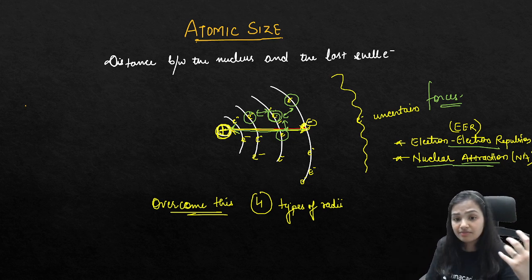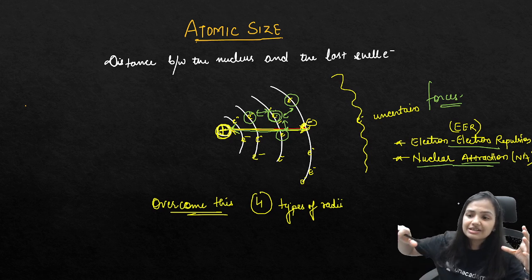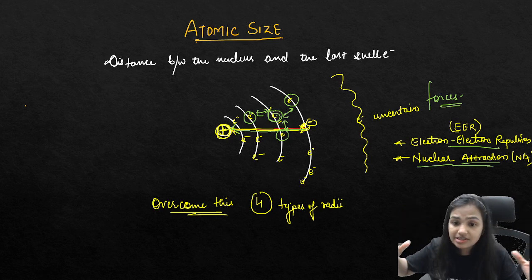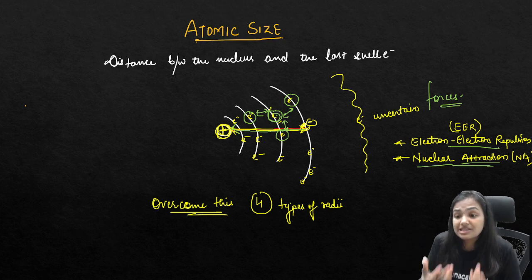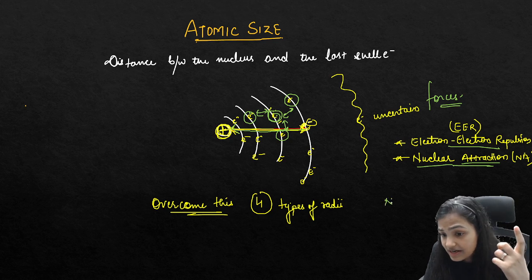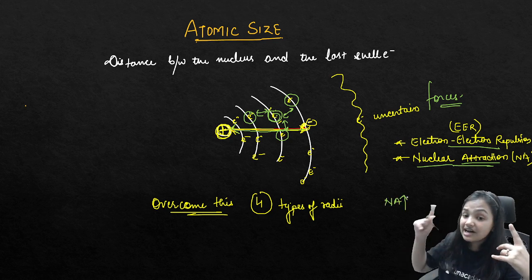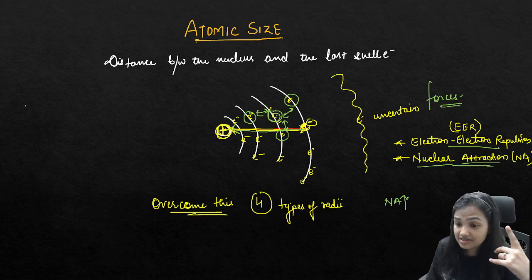Okay, so much of the nuclear attraction is getting compensated by the electron repulsion. So we need to determine which is more predominating, whether the nuclear attraction or the repulsion. Because when the nuclear attraction increases, the attraction towards the last shell electron increases, the size